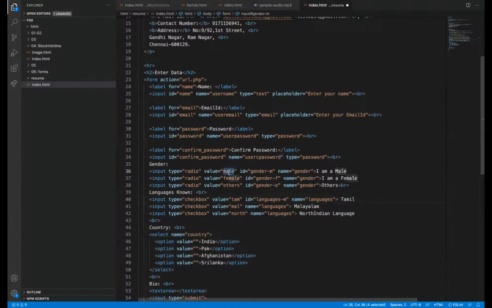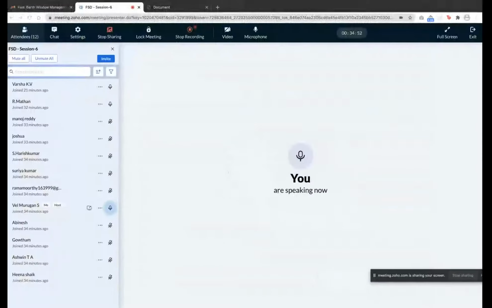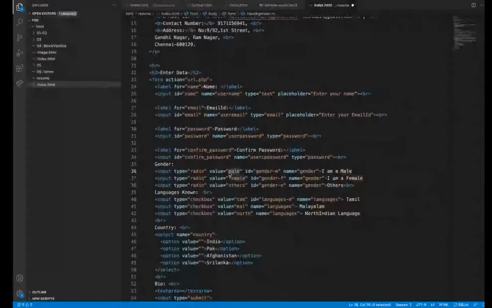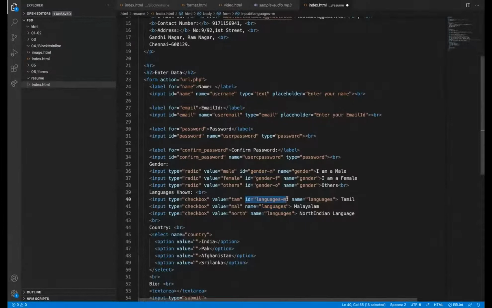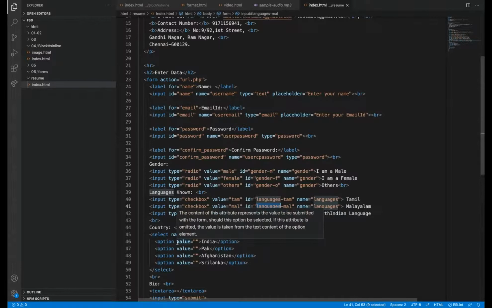I'll explain in English also. We should use ID for all the things. Just to give an example I have told, because it would be time consuming, so I did not do value for all. Tamil, Malayalam, but it should be different. The concept is, sorry, it should be unique. ID should not be the same. Here also we need to. Everywhere we need to give ID.